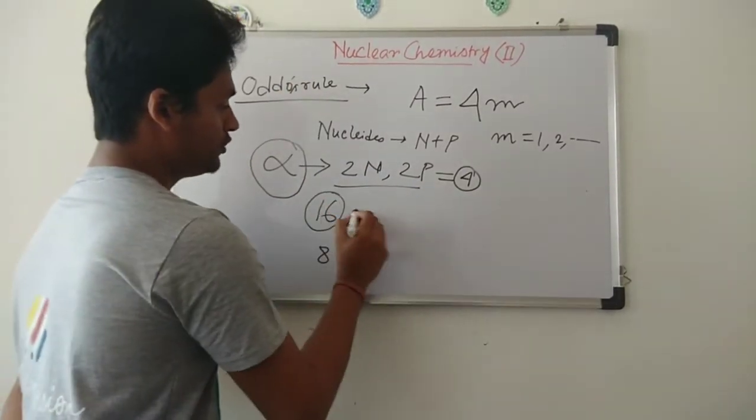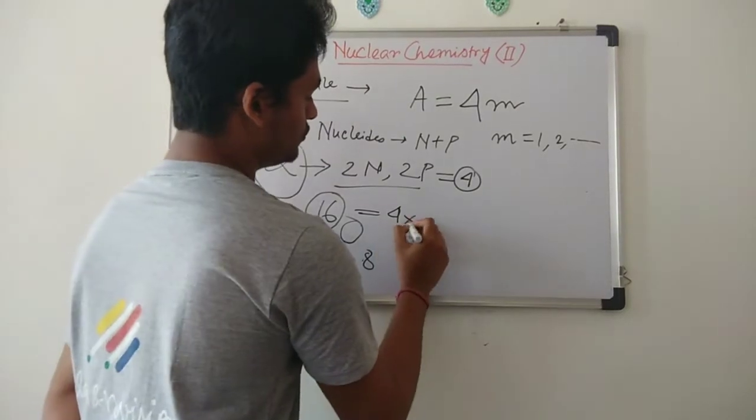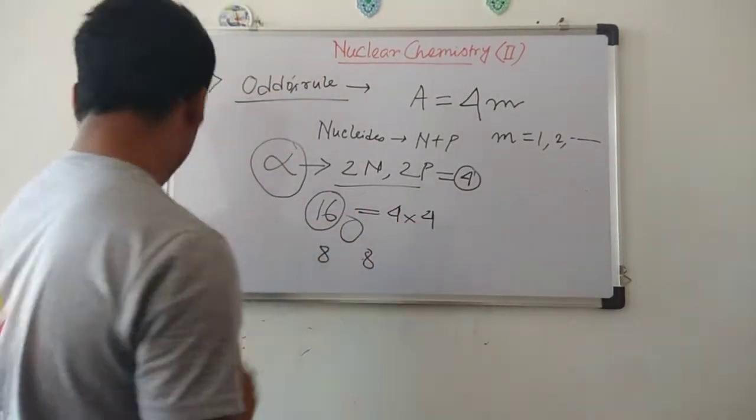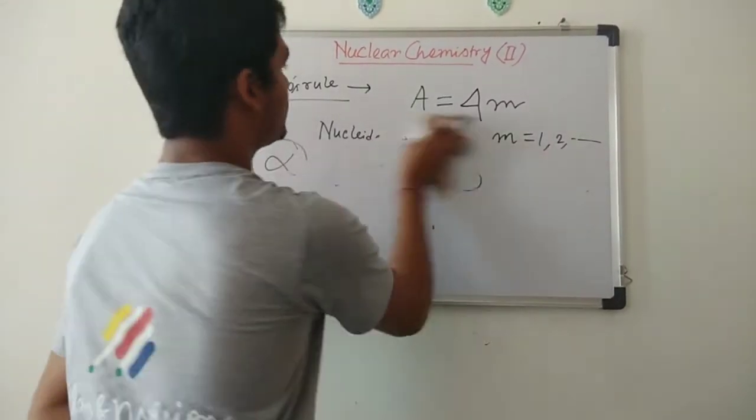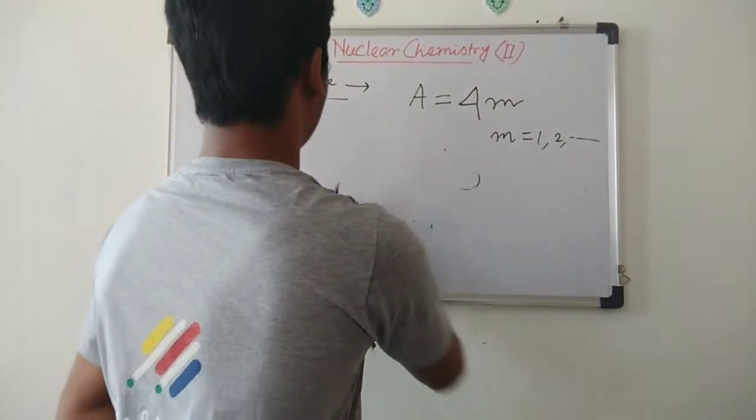So this is 14, that is 4 into 4. That is a multiple of 4. Okay. So these are the things. Now one more thing I want to tell, that is